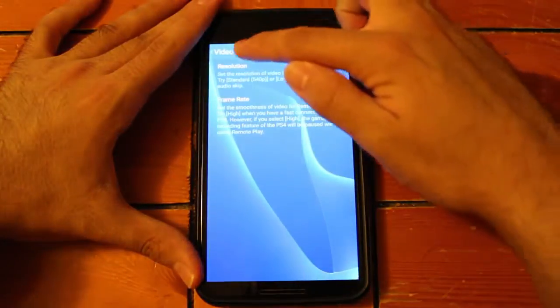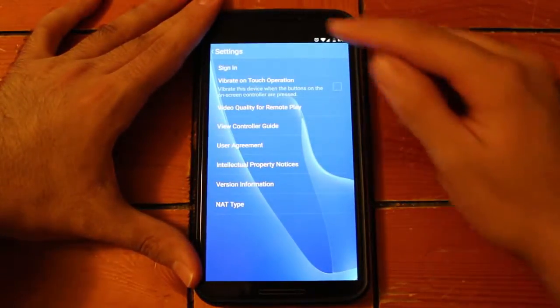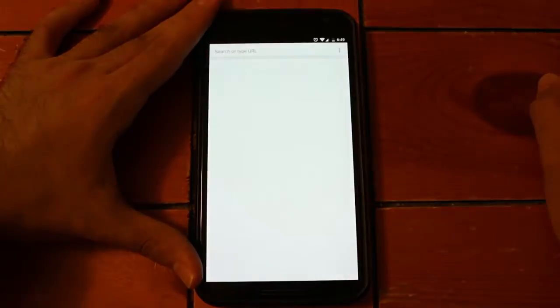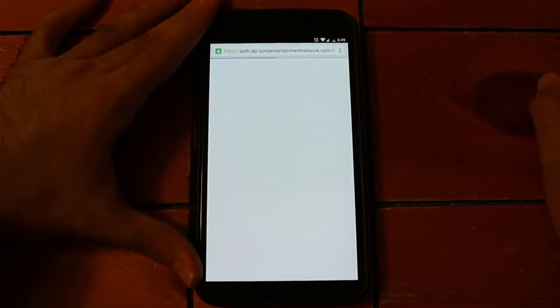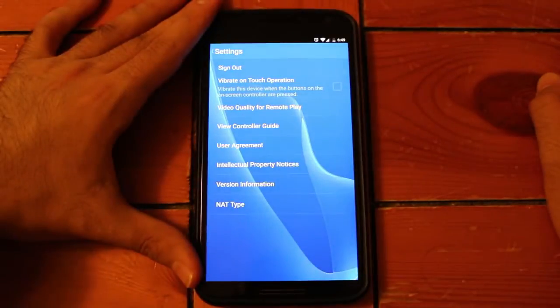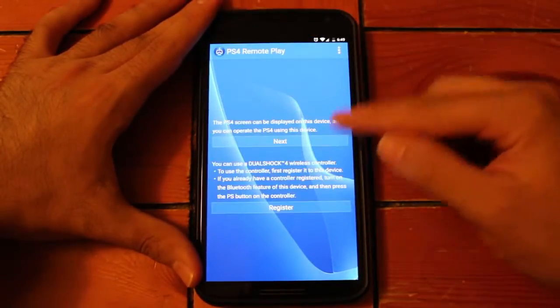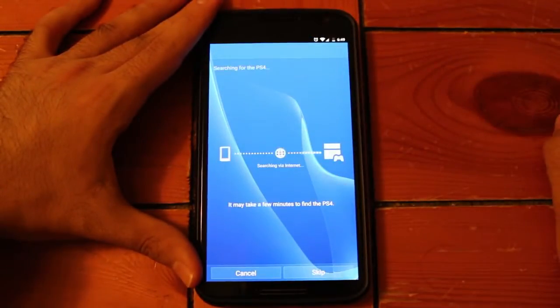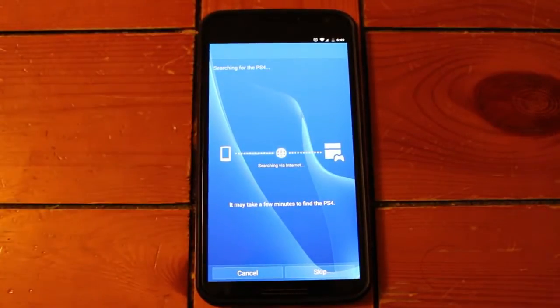That way you'll have some nice smooth gameplay if your connection allows. Next up, you also need to sign in right here. Because I've already signed in on this device multiple times, I don't need to enter my credentials, and it let me sign in automatically there. After that, go ahead and hit next right there as the first option, and you will now be able to